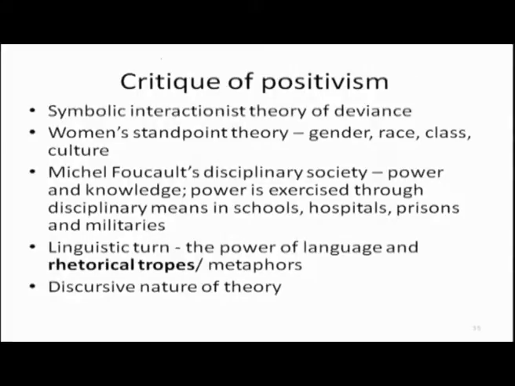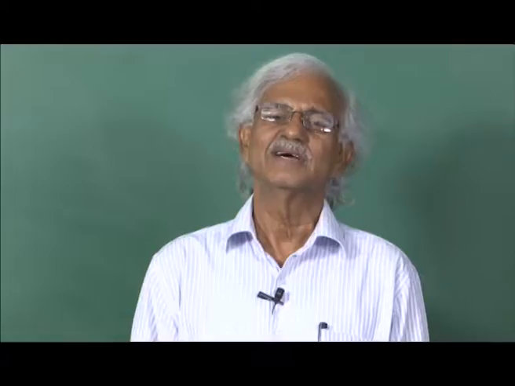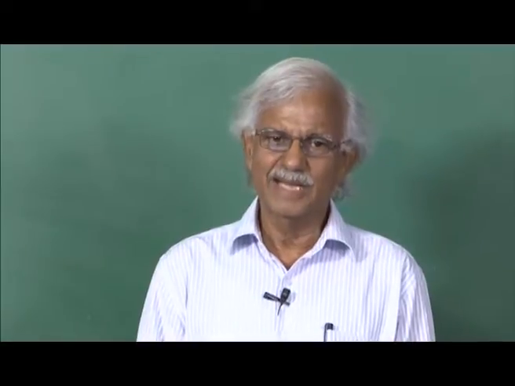Michel Foucault's disciplinary society talks about the connection between power and knowledge. This means they are attacking the positivistic notion that research and researchers are independent. Positivism assumes that research and researchers are independent, and in the positivistic or so-called scientific tradition, therefore, an attempt is made to minimize the role of the researcher